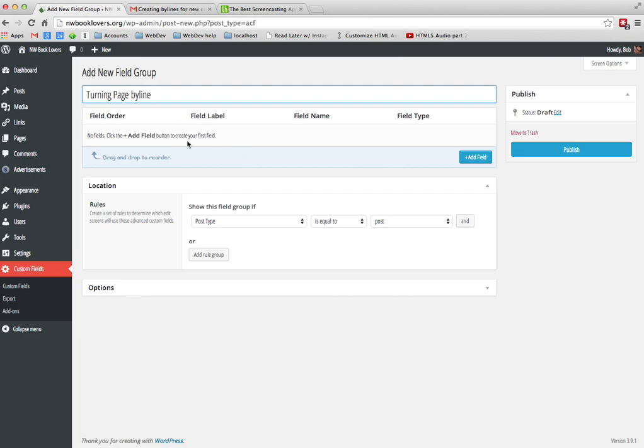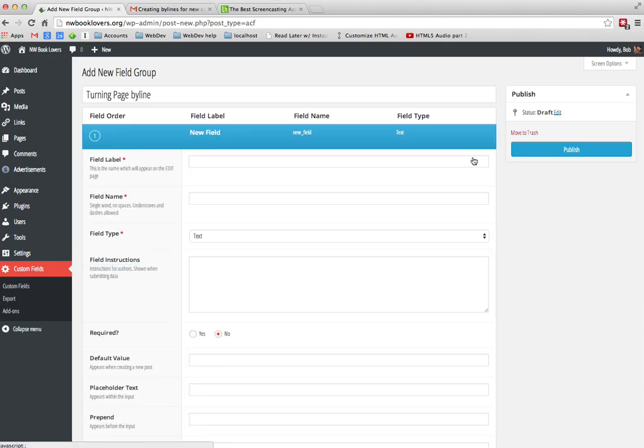It's a little weird how this works till you get the hang of it. Basically, we click on that blue add field button. This label we're going to call just byline, and that's what shows up when you're editing the post, where the new field will be. Now this is important. This actually has to say